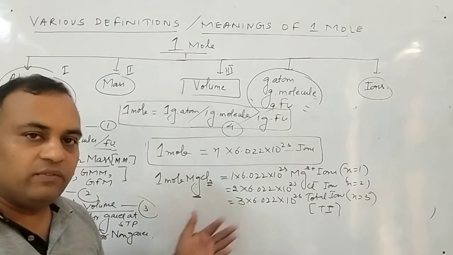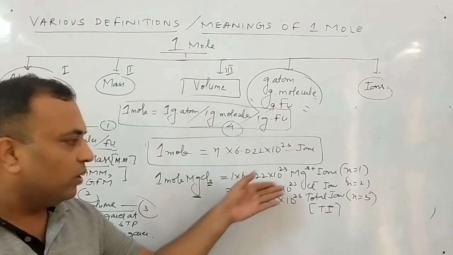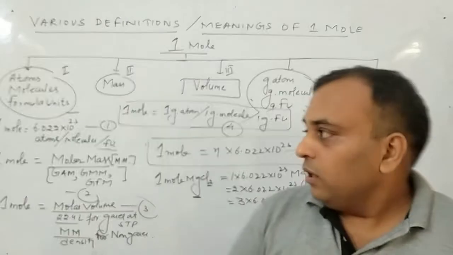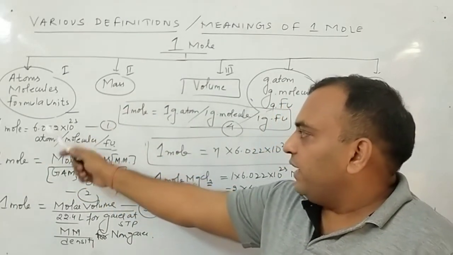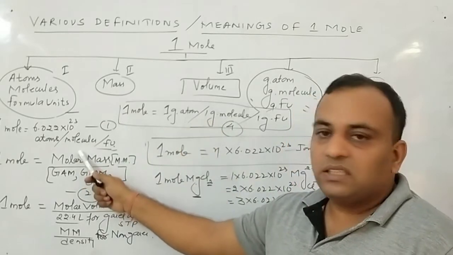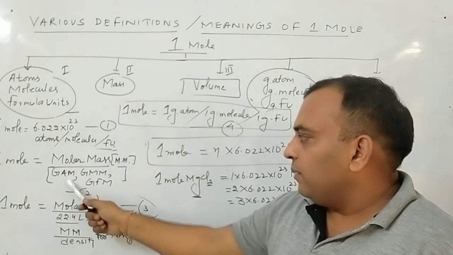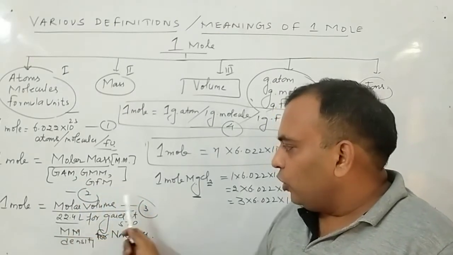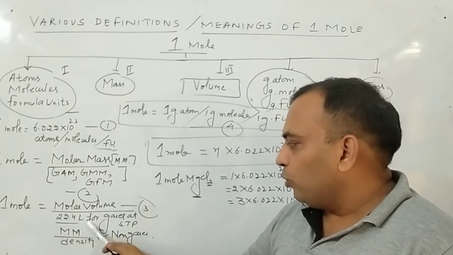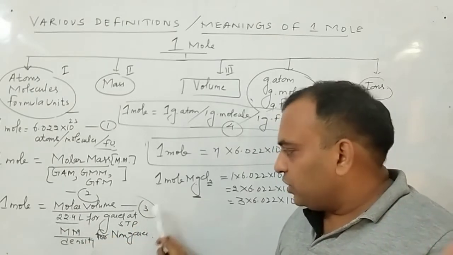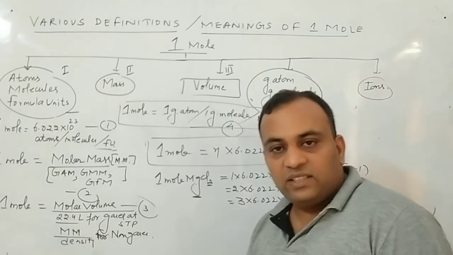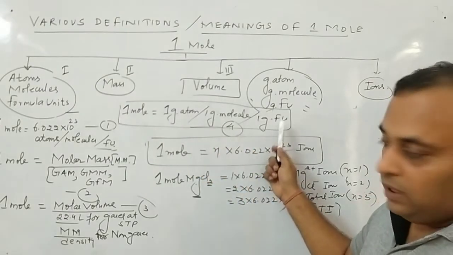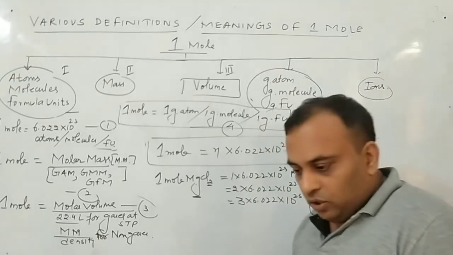Okay, this is simple, we have done it in the previous lecture, that is 1 gram formula, the same thing. Now let's sum up the topic. 1 mole contains Avogadro number of atoms, molecules, formula units, having the mass, molar mass, which may be gram atomic mass, gram molecular mass, gram formula mass. 1 mole will occupy the volume, molar volume, that is for gases 22.4 liter at STP, standard temperature pressure. For others this is equal to molar mass upon density, and 1 mole is equal to 1 gram atom, 1 gram molecule or 1 gram formula unit, and it contains n into Avogadro number of ions.